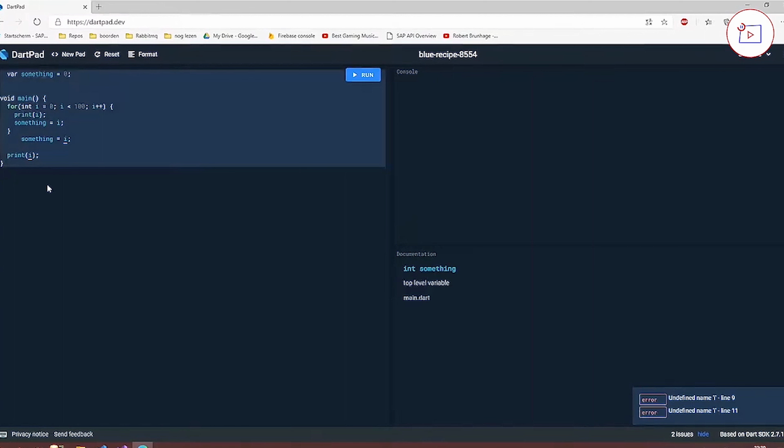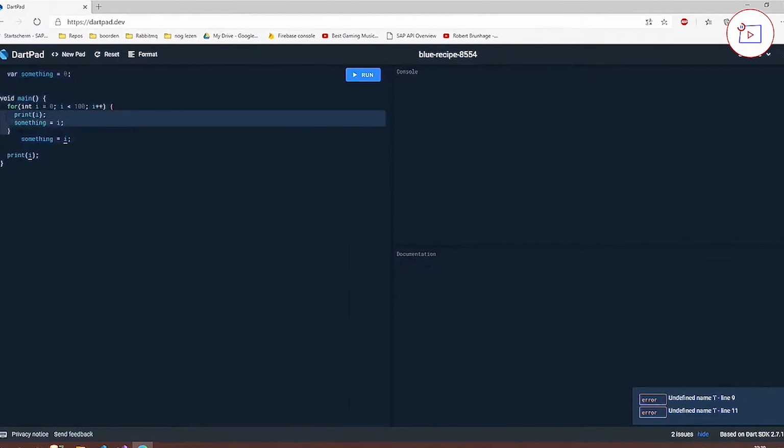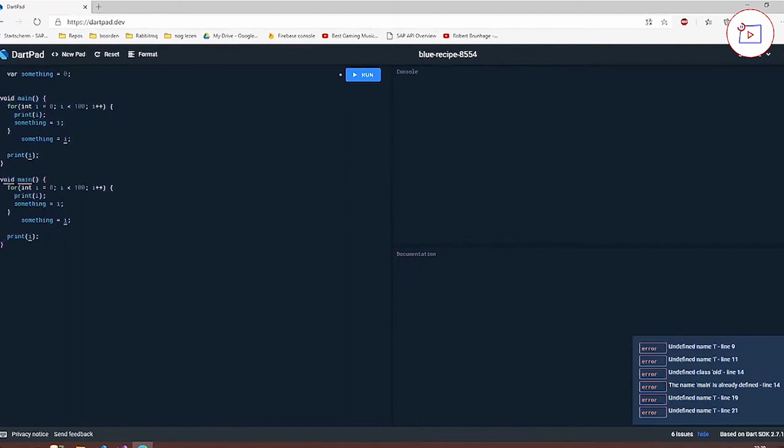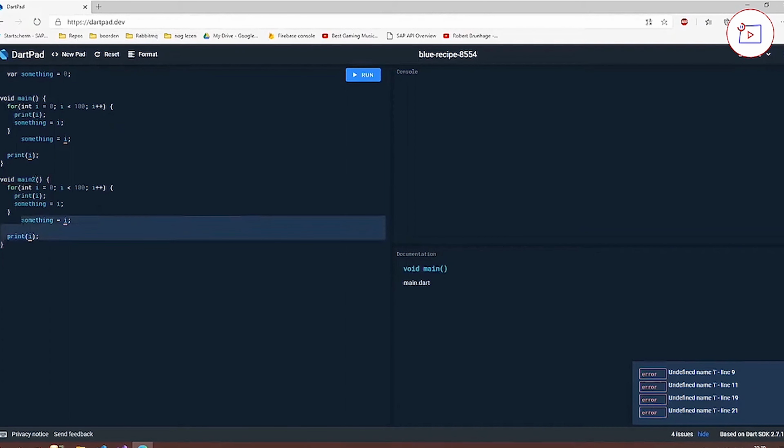So this is the biggest scope at the moment. We have now declared something in our global scope. And we can use it now in this method, we can use it in this for loop. If we declared another method, so let's say that we declared another void main2 method, that's also going to be fine and we can still use it. And as you can see, we have still here the same problem, but these 2 methods are both referencing this same something variable. And maybe this is something that you do not want to do, but I'm going to explain that